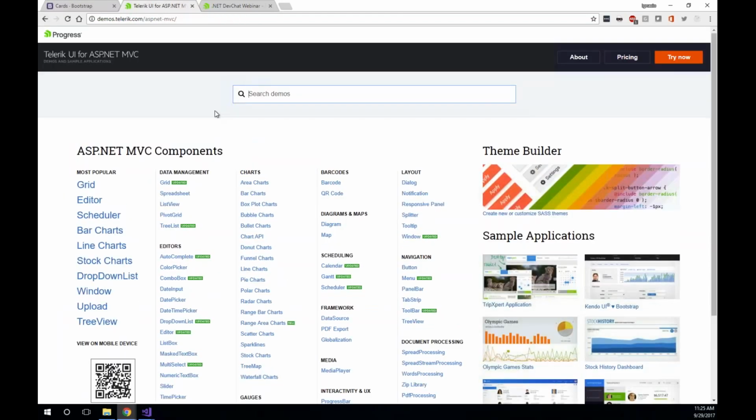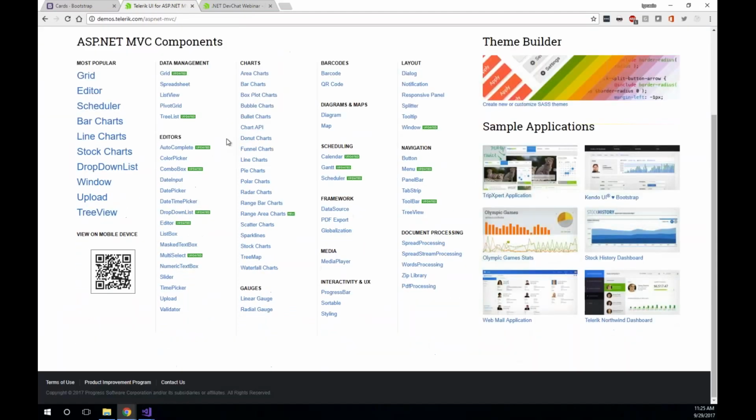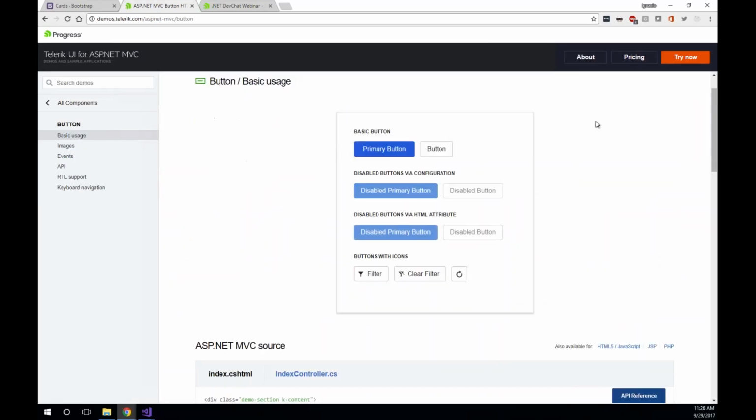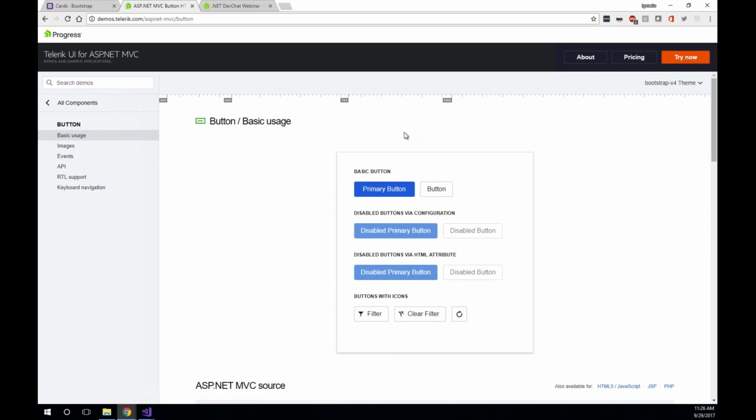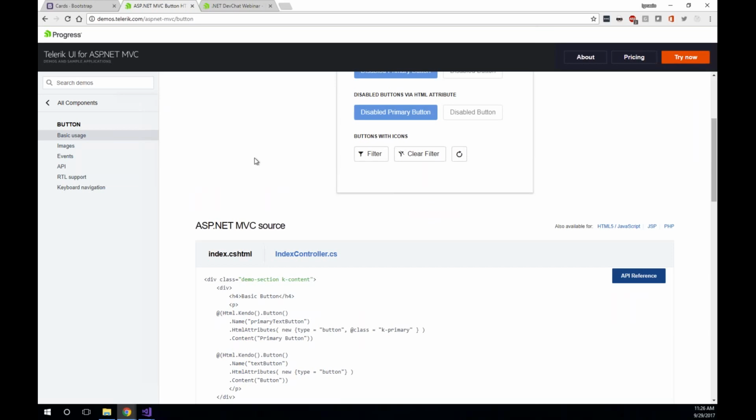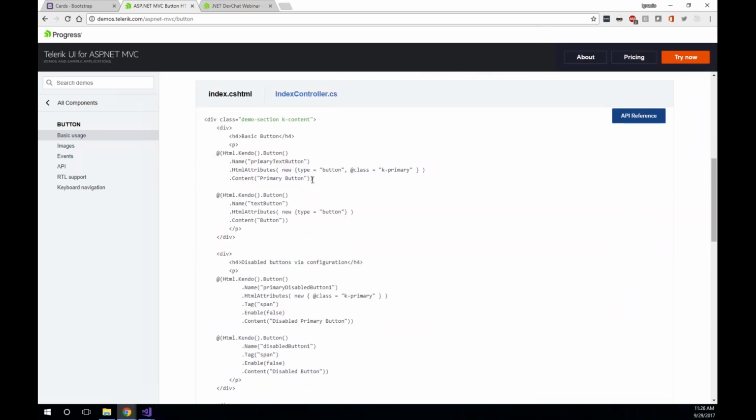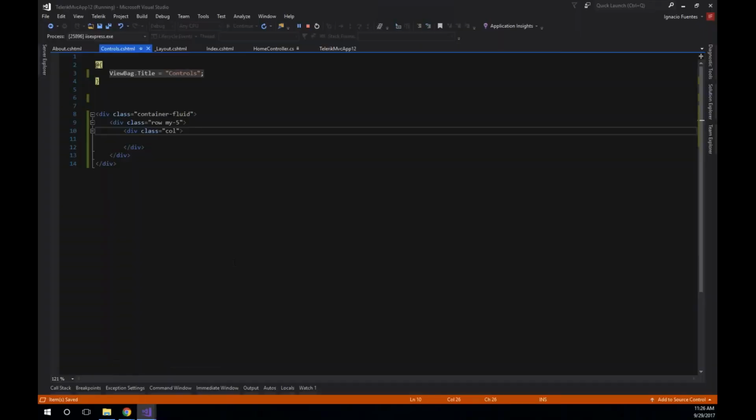I don't know if you've been to this page. This is the demos page for MVC Controls. Within this page, you can actually pick what theme you want to use. So for instance, if I go to the button right here, I can take a look at what the button looks like with any of our themes. And like I mentioned before, we had Bootstrap v3 support, and in beta, we have Bootstrap v4. Please keep in mind, by the way, Bootstrap itself is currently in beta. It was in alpha for a while. Now it's in its beta stage. But as usual with Kendo UI, it should be as simple as copying and pasting from the documentation, and we put it